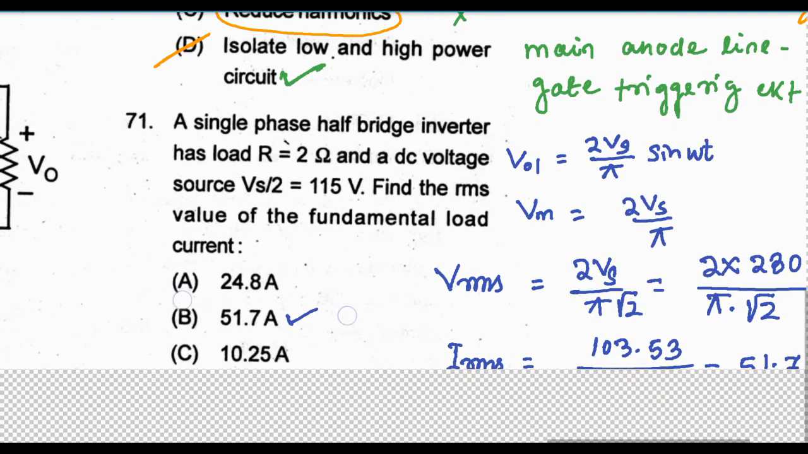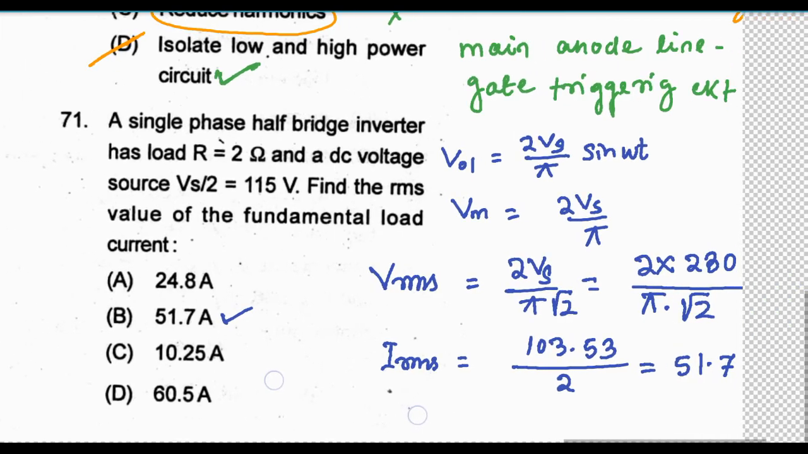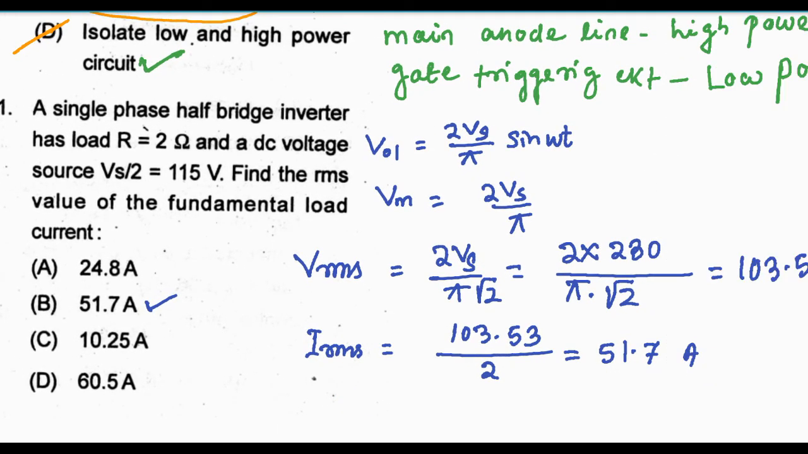Next question is: a single phase half bridge inverter has load R equal to 2 ohm and a DC voltage source Vs by 2 equal to 115 volt. Find the RMS value of the fundamental load current. RMS value of fundamental load current. So what is the RMS voltage value? RMS voltage value V01 is equal to